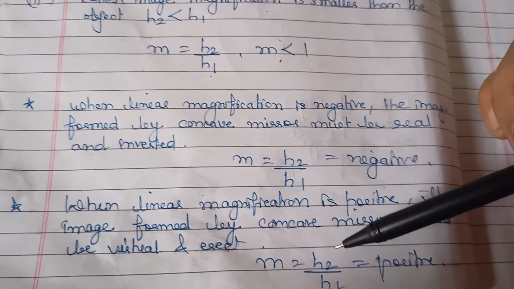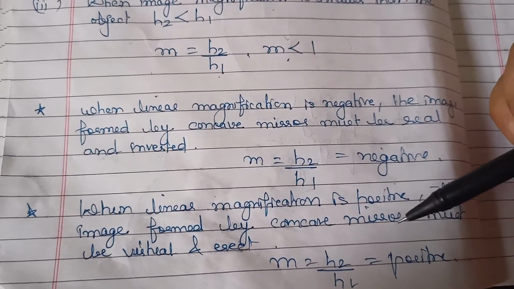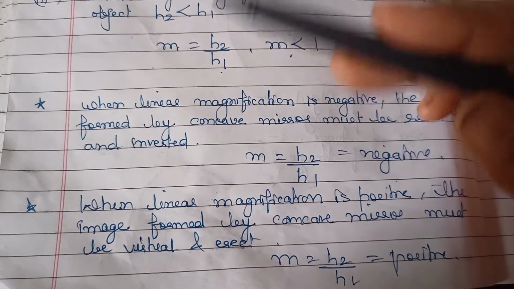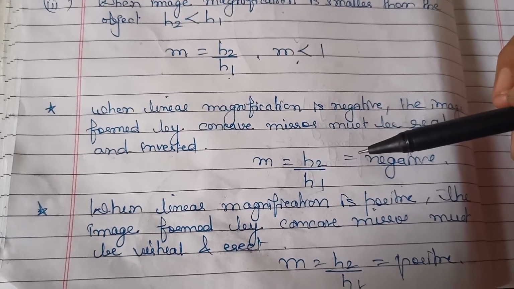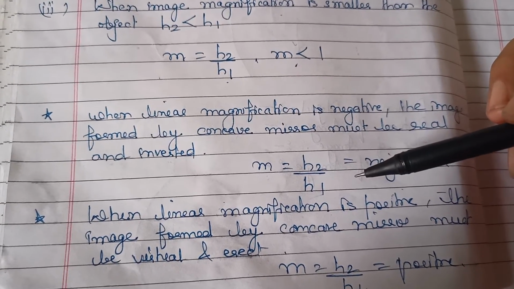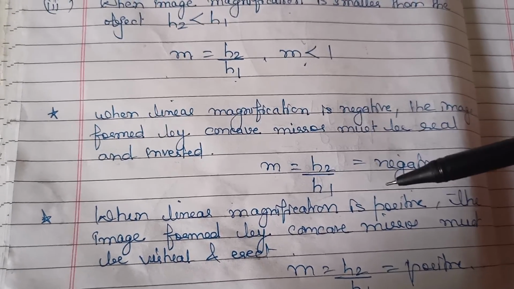So up to here, just you note down everything, and do ray diagrams thoroughly, because now the next topic is about numericals based on all these ray diagrams. So it's very important to understand ray diagrams first, then only it will be easy for you to understand numericals. So next time we are going to start numericals.